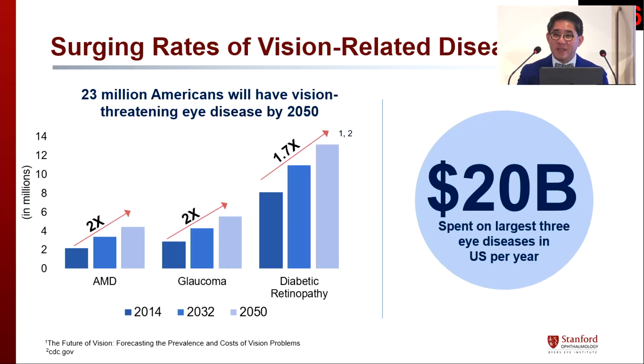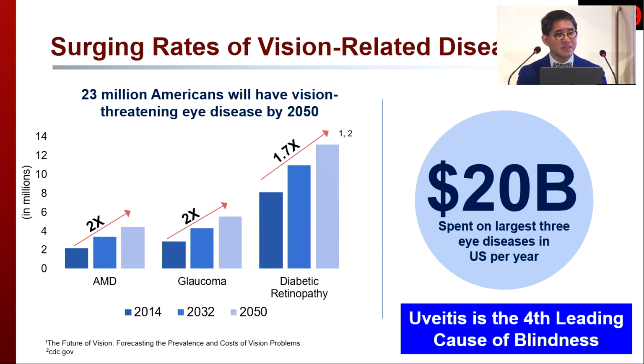So many of us are here now daily. Certainly, among the diseases that we try to conquer and help are leading causes, for example, macular degeneration, glaucoma, diabetic retinopathy. These are things that many of us are trying to fight so as to preserve the vision for our patients. Certainly, uveitis is also among that group because it is the fourth leading cause of blindness. The number here, 20 billion, is a very large amount, and that's just in the United States alone. If you look at it globally, worldwide, it would be a tremendously high amount of money.